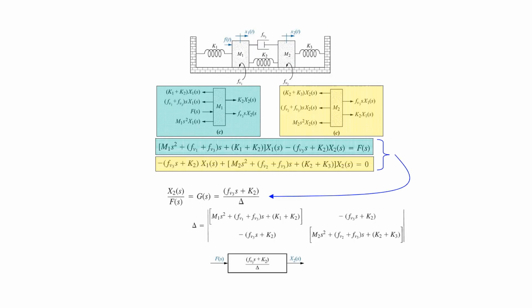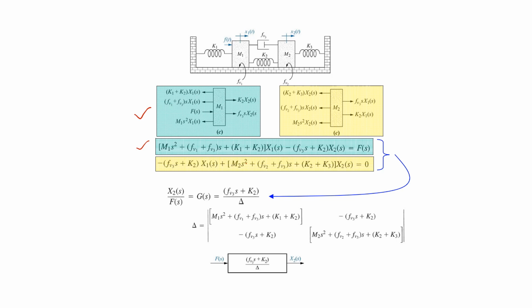Once we have found the free body diagrams for the mass m1 and the mass m2, the next step is to find the equations of motion. We can find the equations of motion by the direct observation-based method. For the first mass and the first free body diagram, we will have the first equation of motion, and this equation of motion